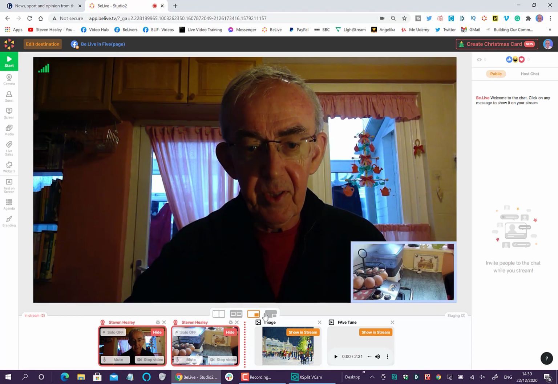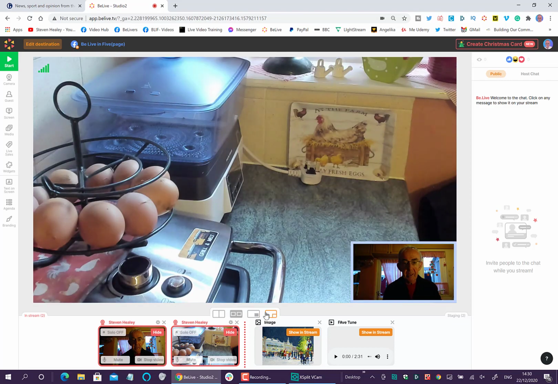So first camera is on the work surface, the second camera is on you. You can go picture in picture like that, and that basically allows you to do a live demonstration, a live cookery demonstration, using your internal camera, because you're only small, so the definition is not a major thing, and your Logitech camera C920, C922, or the Brio, which is the one you see here, can actually